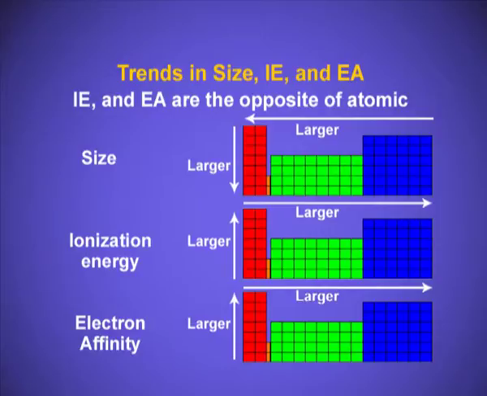The arrows you can see in the ionization energy and electron affinity are pointing in an upward direction. That means the value of the ionization energy of the top elements is larger as compared to the bottom. That is why we say that ionization energy decreases down the group and electron affinity or electron gain enthalpy decreases down the group. I hope all these properties and their trends are clear to you.